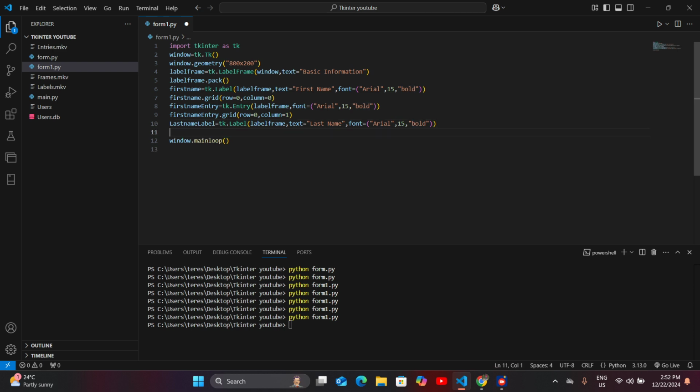So let me have the last name. The last name entry is not a label, and then dot grid. I'm gridding it in the second column, so in the second row. So it will be row equals to 1, then column equals to 0. So let's see what might be the problem here. Last name. Okay, let me create the last name entry. Last name entry equals to